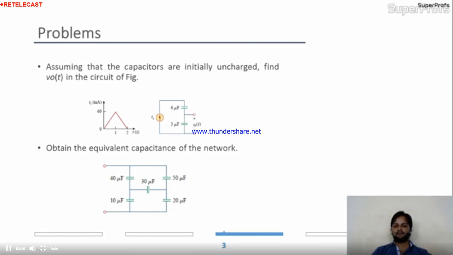So from the next class onwards, we'll solve some circuits, some problems based on this capacitor and inductor formulas. The formulas of voltage and current for the capacitor and inductors. In the next video lecture, we'll start the initial condition or transient behavior of the circuit. Okay friends. So again I'm telling you, do problems and you can refer the book